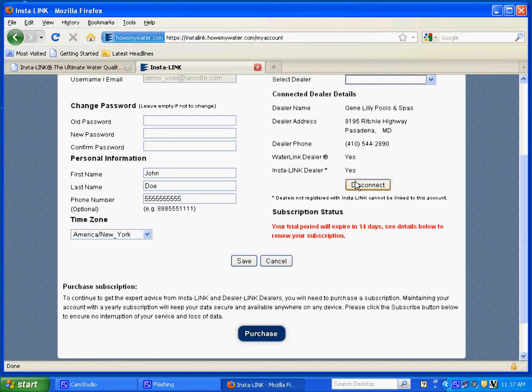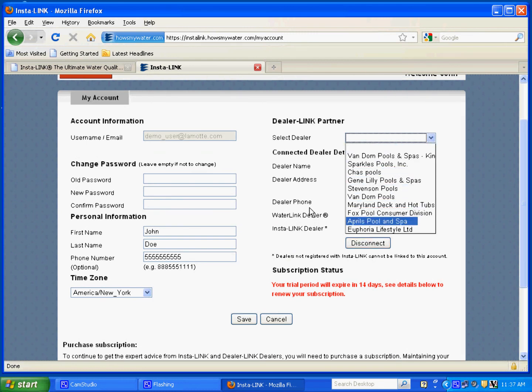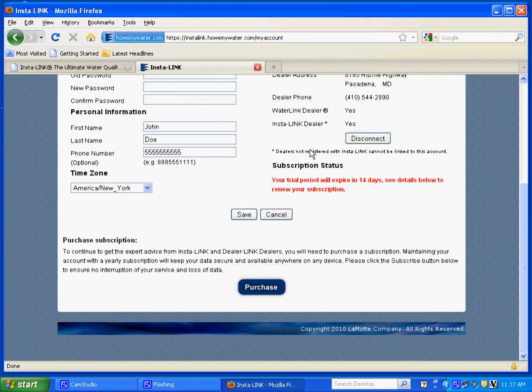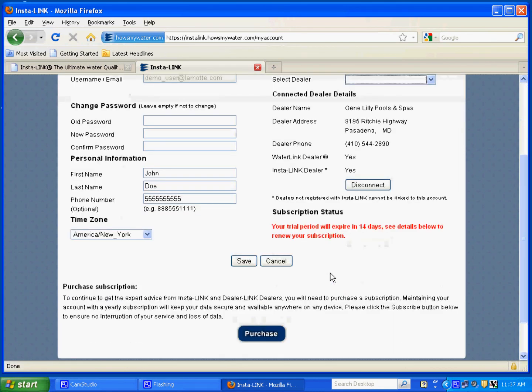But if you paid for your account on your own, you can disconnect from the dealer you've currently linked to or select a different dealer from your region. Also, this account is currently on a free trial, so you can see down here there's the link to purchase to upgrade to a full account. The free trial has all the functionality of the full account, but only lasts for 14